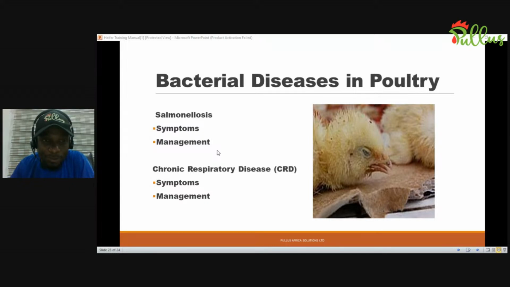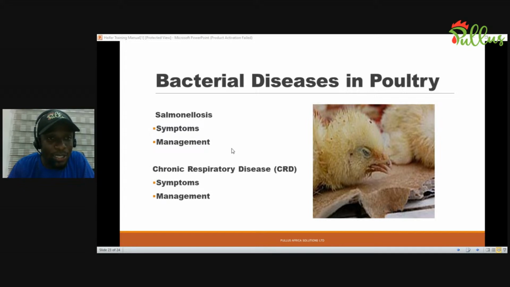But most times when farmers are treating this problem, there are some other things that you're supposed to do. Let me give you an example. In human beings, when you are having catarrh, when you are having a cold, if you're always drinking cold water, if you're always staying under the fan, if you're always passing through a dusty environment, you'll discover that even if you're taking drugs, it will be very difficult for this catarrh to go, except you start taking those precautions. That is what would actually help in solving that problem for you quickly. The same thing applies here.